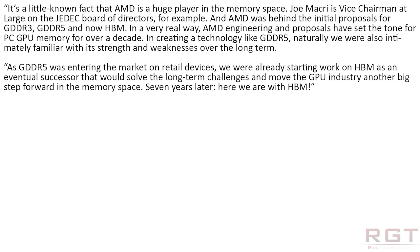Joe Macri is Vice Chairman at Large on the JDEC Board of Directors. JDEC, as a slight aside, is effectively the Memory Standards Commission. And AMD was behind the initial proposals for GDDR3 and 5, and now HBM. In a very real way, AMD engineering and proposals have set the tone for PC GPU memory for over a